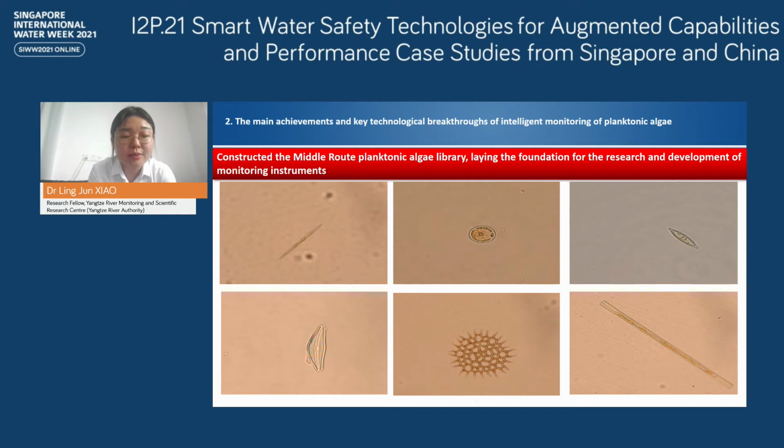This picture presents microscope images of different algae. For a long time, identification of algae genus and number has always been completed by human examination, which is time-consuming and limits the number, frequency, and timeliness of the monitoring samples. Also, this kind of cumbersome and eye-straining work requires professionals with rich knowledge, and such professionals are in short supply. Based on the above situation, we've attempted to develop machine examination. The first and most important step is to construct an algae library. Next